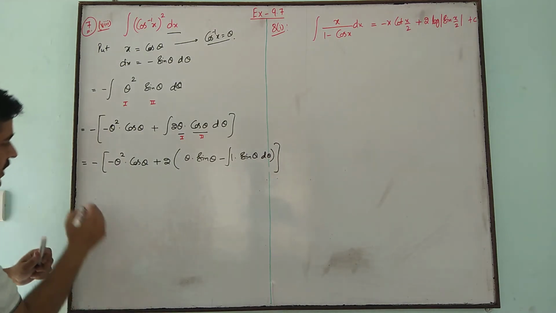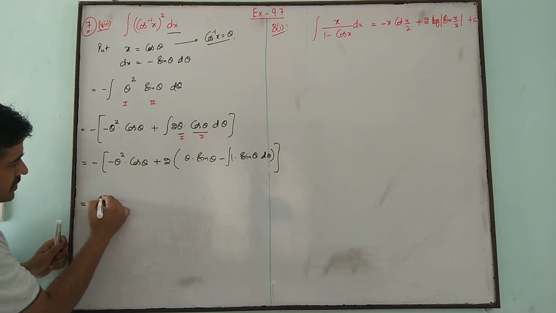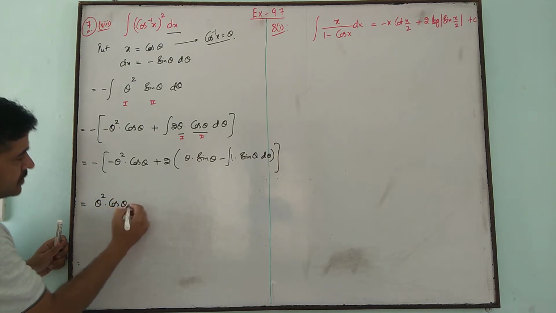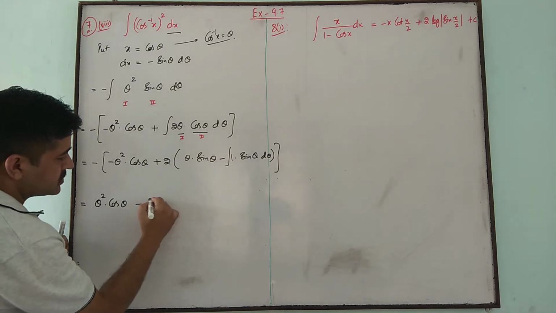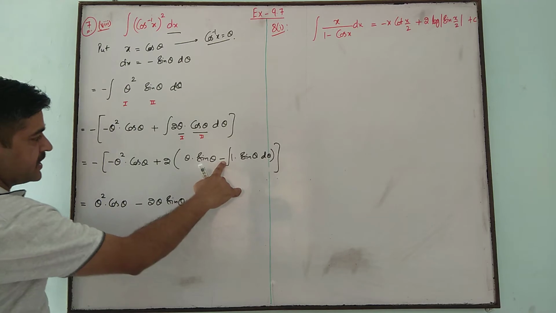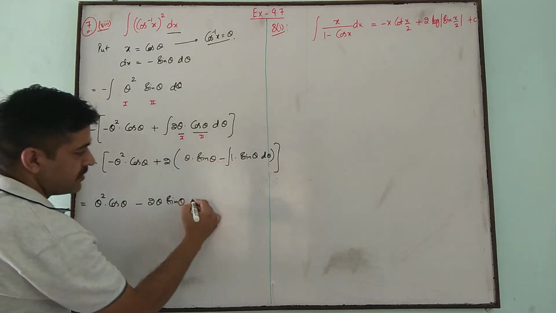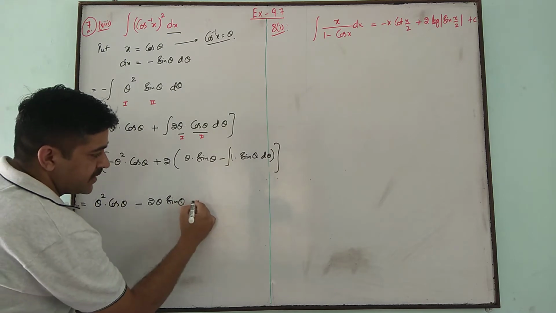Now again in integration we need not use it, so it is minus minus plus theta square into cos theta. This will be a negative minus 2 theta sin theta, and this is negative, so out of this minus this will be positive. For sin theta integral is minus cos theta